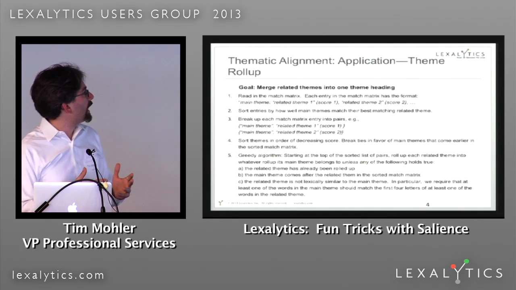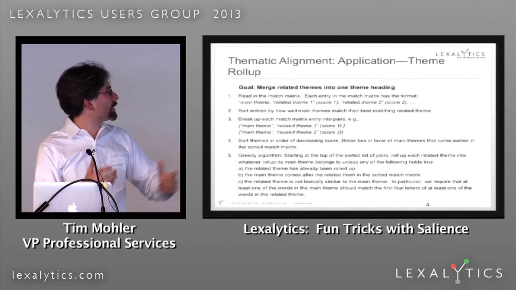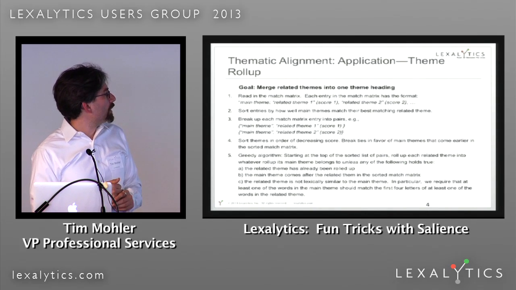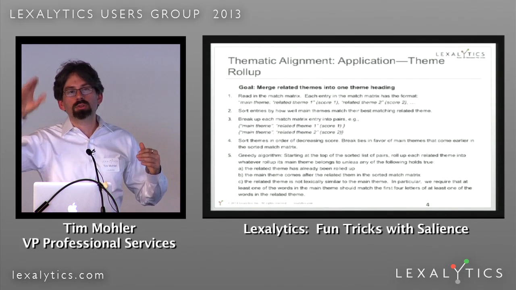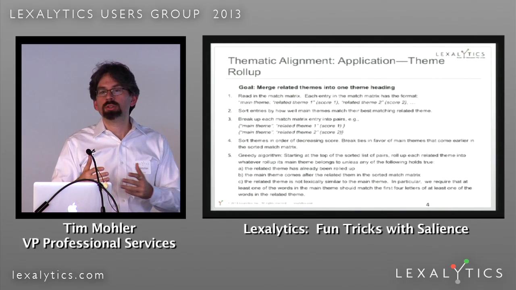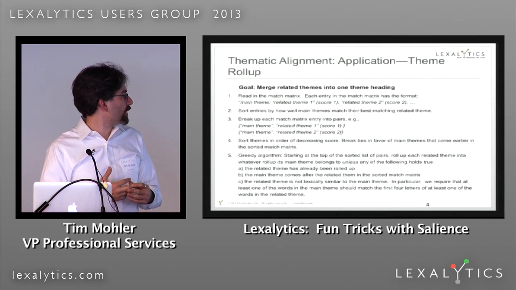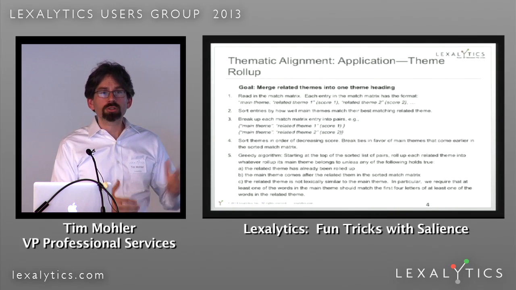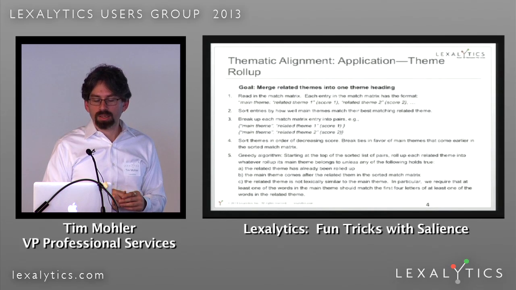So you have a big matrix of scores that says, this one is related to this one, and you can get back, I don't know if this is readable in the back, probably not. But essentially you go through and you say, okay, I've got this theme, and then there's these 6 other things that were related to it in sort of decreasing order. And so you can postulate that theme 1 is related to theme 2 more strongly than it's related to theme 3, and so on and so forth. And what I've got in here is just a pseudocode algorithm for how you construct the strength of those relationships, and you wind up with this big